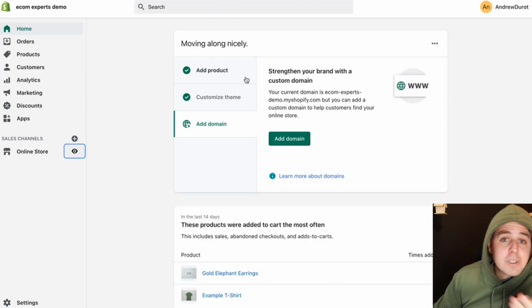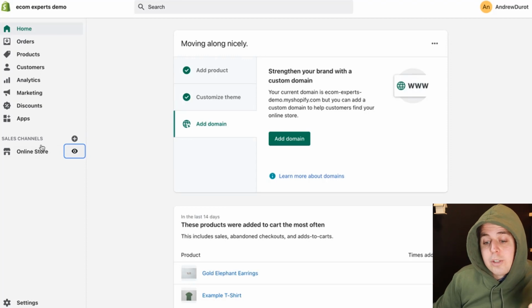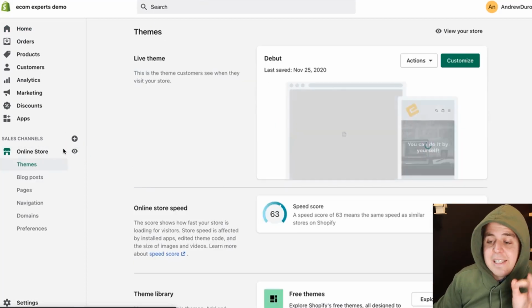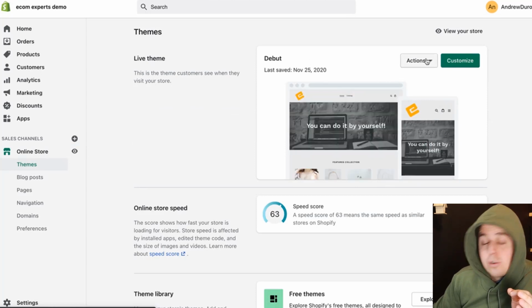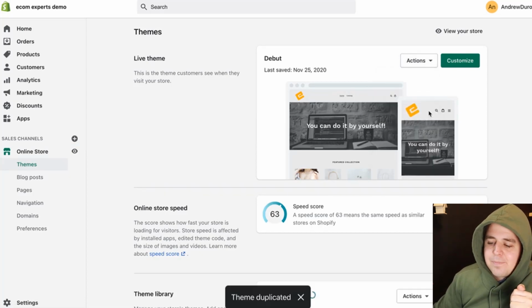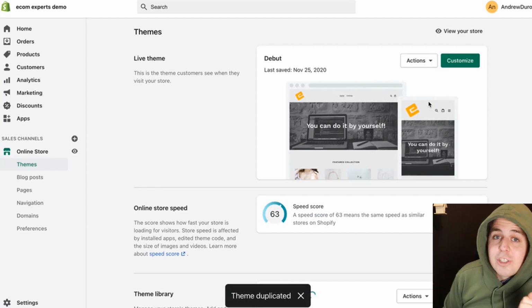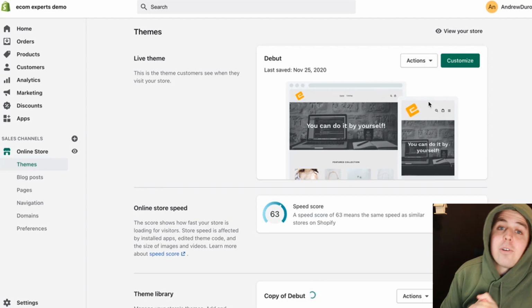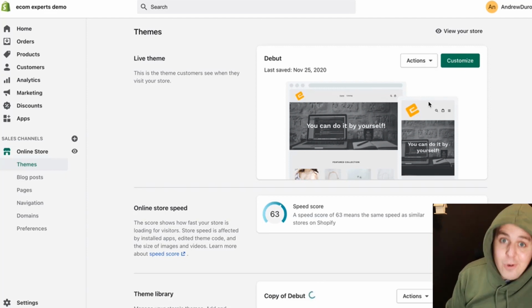All right. So first things first, you're going to go to online store right here, and then you're going to duplicate the existing theme. So you're going to go to your theme that you want to change, I'm sorry, theme. You're going to click on actions and you're going to click on duplicate. Now, I know some of you watching this will not do this. They're going to make a mistake in the code and they're going to wreck their current store. So please make a duplicate. It's the most important step of any steps. Do not skip this. Gracias.